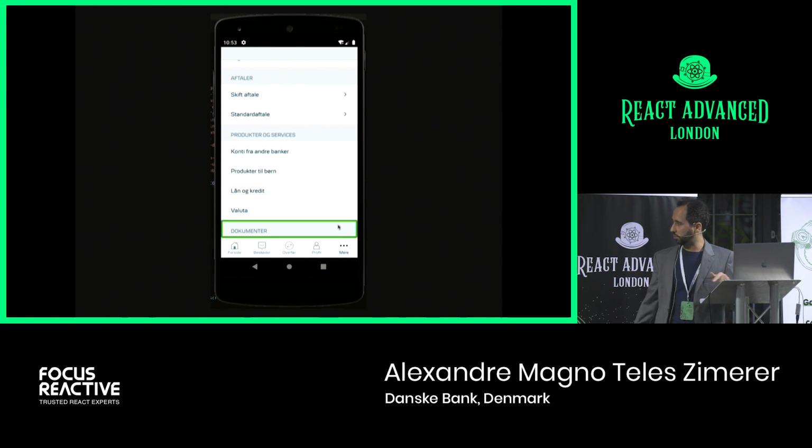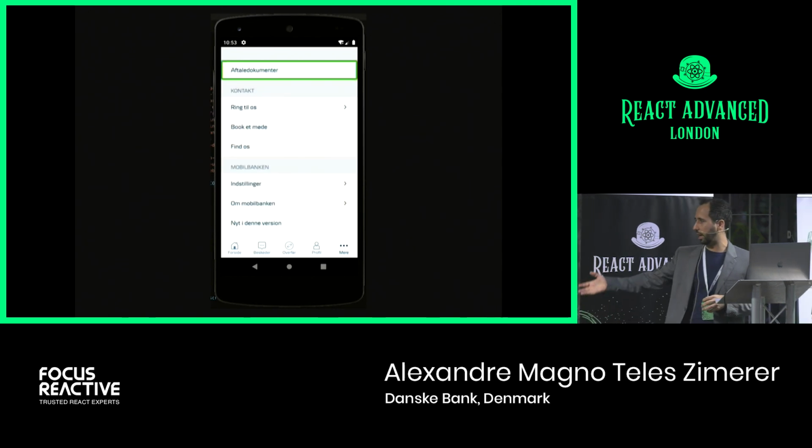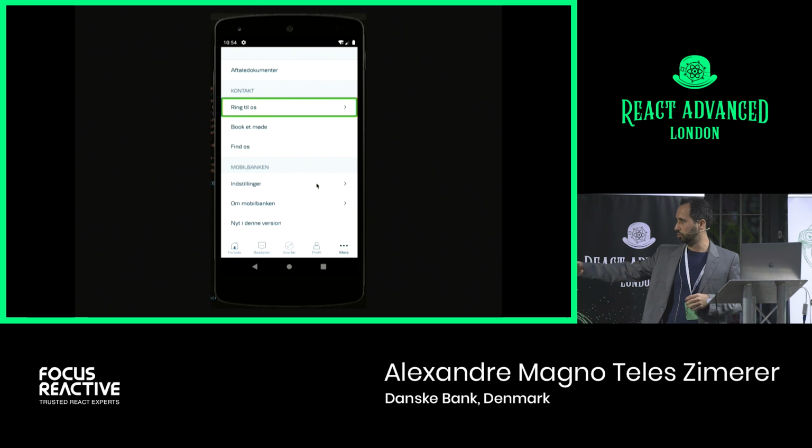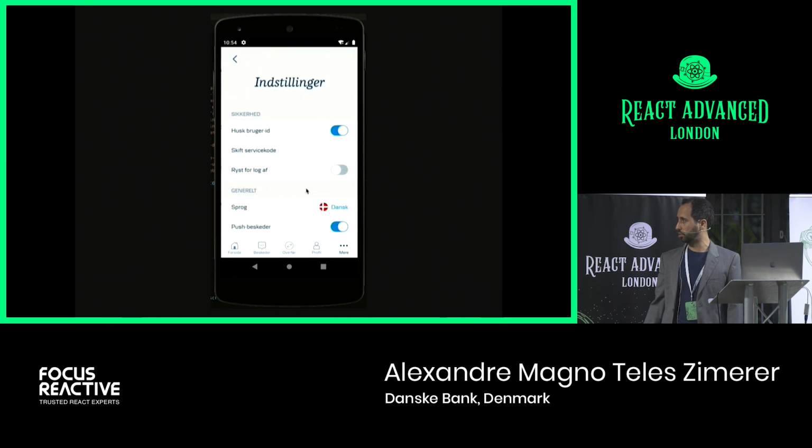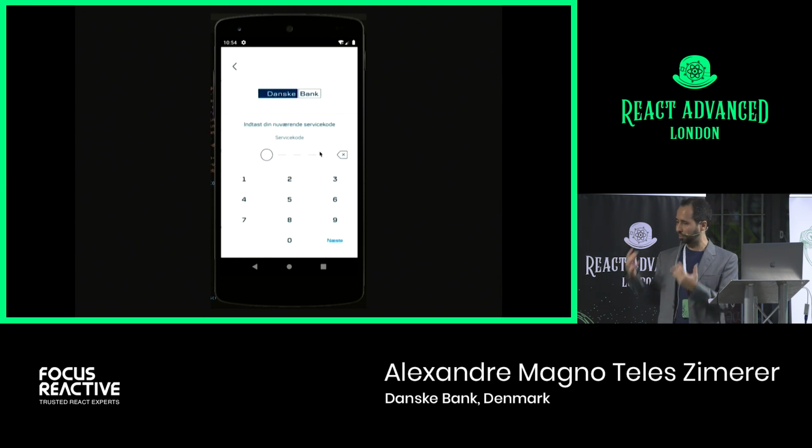Another example here: I'm taking advantage of the animation to change the service code, because we have a screen here that we need to change with animation, and I take advantage. You can see that it takes a long time to go to the place that you want when you are accessibility enabled. For example, I wanted to change the service code here, and okay,